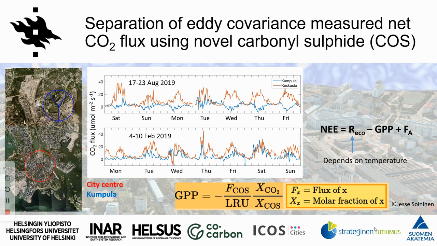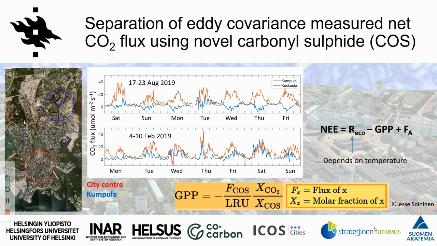So I already mentioned that eddy covariance measures the net exchange. I mean, eddy covariance is nice because it's the most direct means of measuring CO2 exchange or water exchange in any ecosystem. But the challenge is indeed that it's a net. So the total net ecosystem exchange is represented by the anthropogenic emissions, then we have the photosynthesis GPP, and also we have the soil and vegetation respiration. There has already been decades of work on trying to separate the different components in this net ecosystem exchange